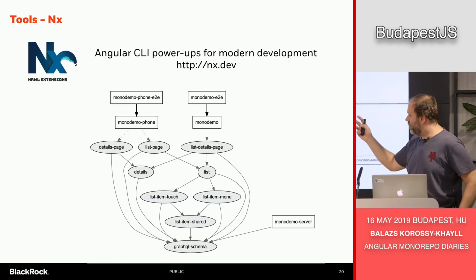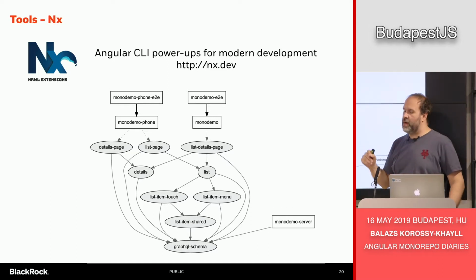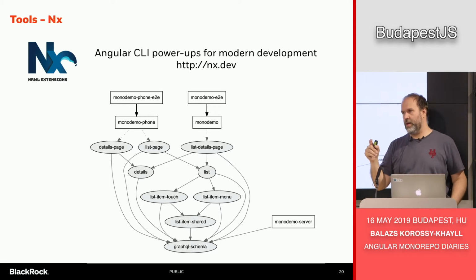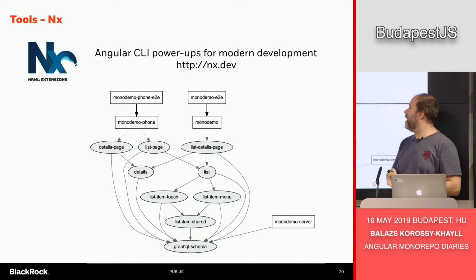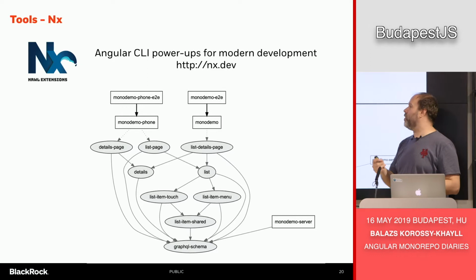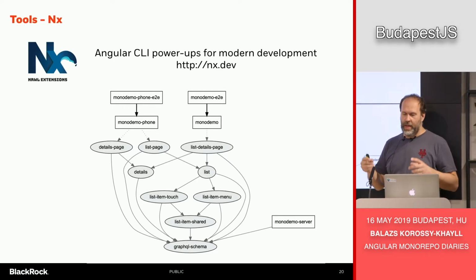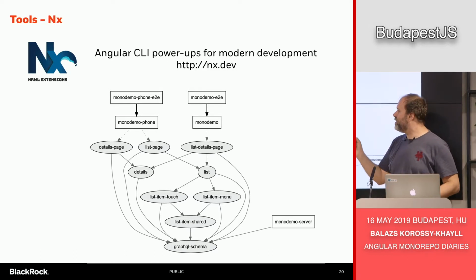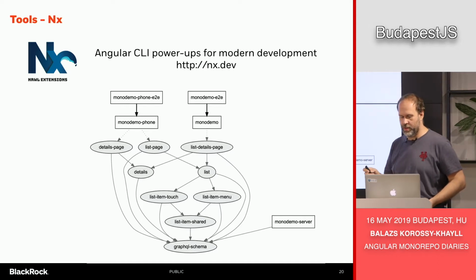It can help you with scaffolding your components. And what's nice about the NX tool is that they have a way to generate configuration for Jest instead of Jasmine. And by default, it generates configuration for Cypress for end-to-end testing. And recently, they also started to support React. So that's a nice addition.